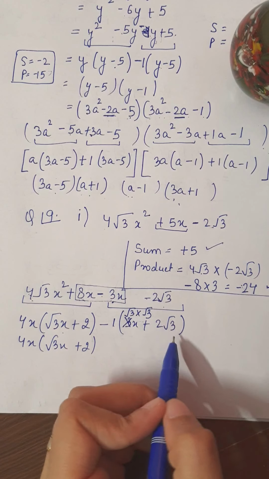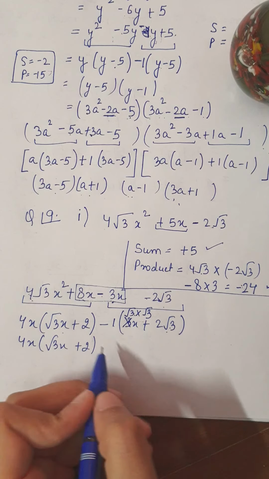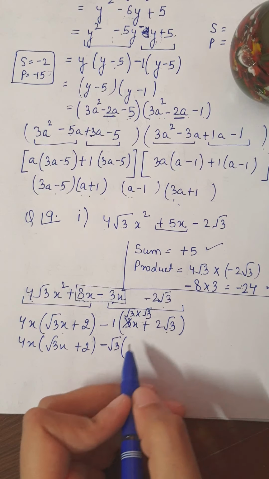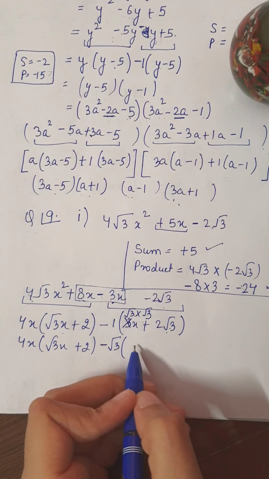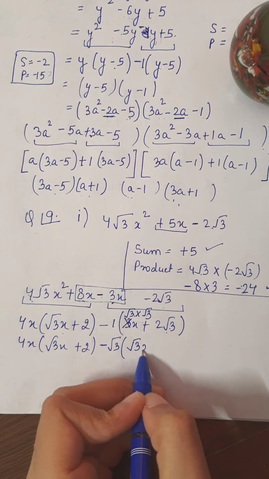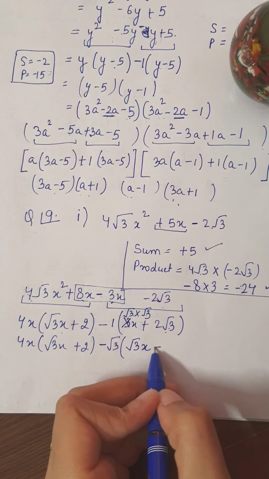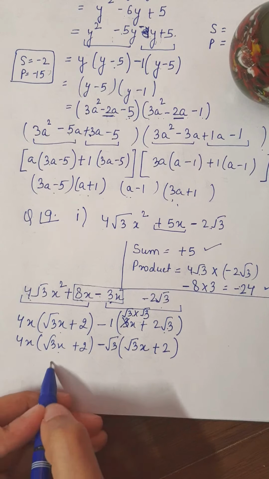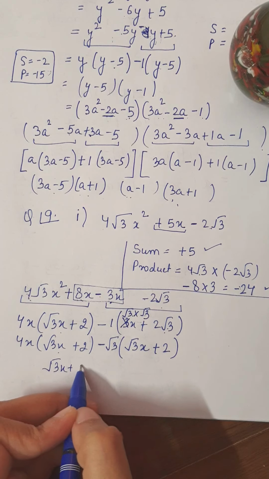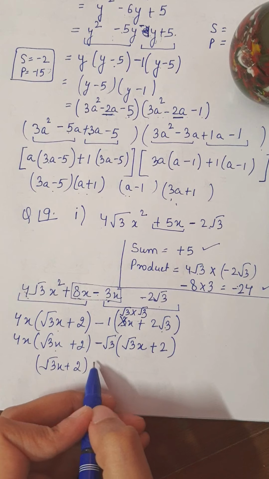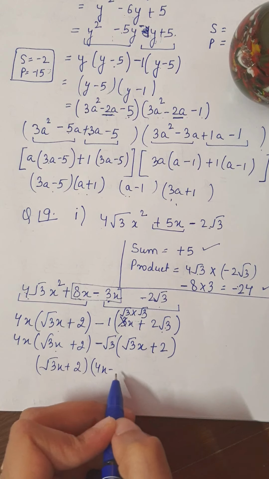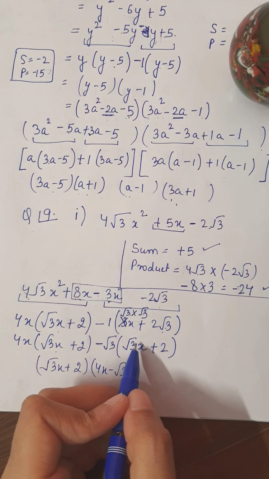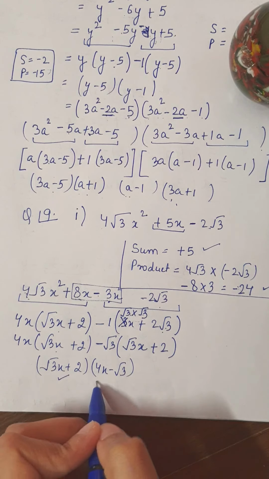So now from the first term and the second term, root 3 is common, so minus root 3. So here 1 root 3 has gone out, so the second one is here x, and here root 3 is common, so 2. Now the brackets are the same, so root 3 x plus 2, and in the second bracket 4x minus root 3. This you will get to know: whenever the brackets are not the same, you need to make some changes.